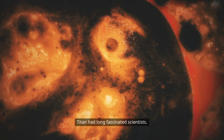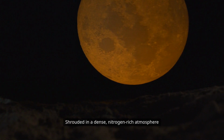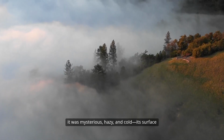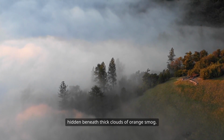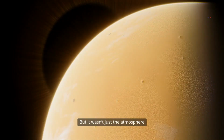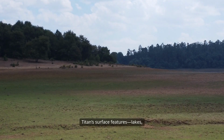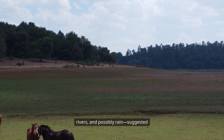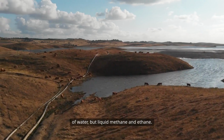Titan had long fascinated scientists. Shrouded in a dense, nitrogen-rich atmosphere with a surface pressure higher than Earth's, it was mysterious, hazy, and cold, its surface hidden beneath thick clouds of orange smog. But it wasn't just the atmosphere that drew attention. Titan's surface features, lakes, rivers, and possibly rain, suggested active weather systems, though not of water, but liquid methane and